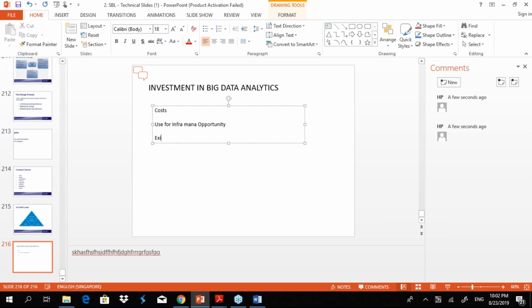You can say existing operational benefits and also benefits of data. So you can have 4 points there.